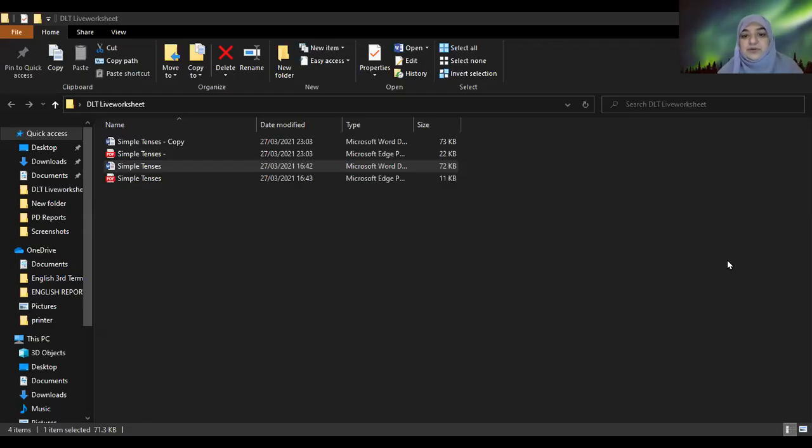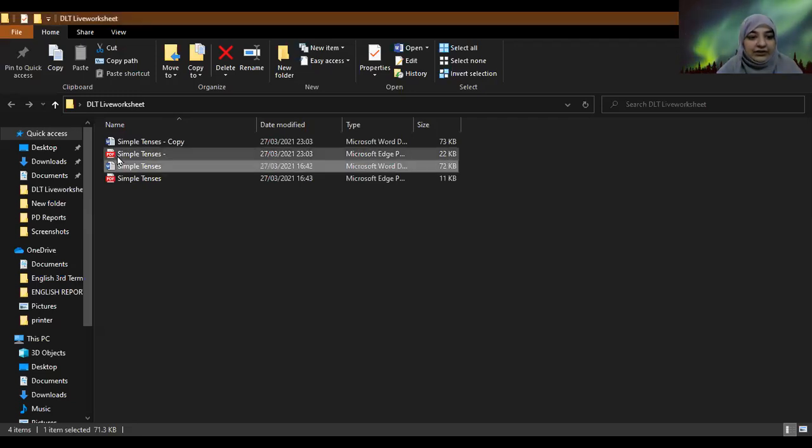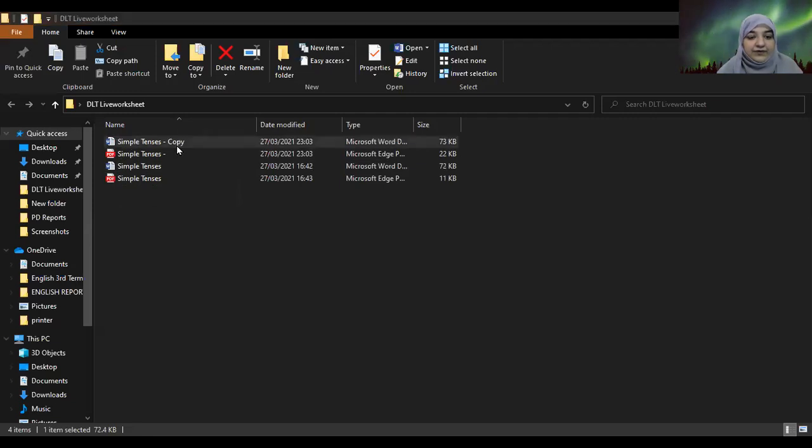We create a worksheet in a Word document, and then we have to save it in a PDF file. How to convert it in a PDF file, I'll show you that again. This was the second worksheet I created, and let me save it. Click on the file over here on the top. Then there is an option Save As.